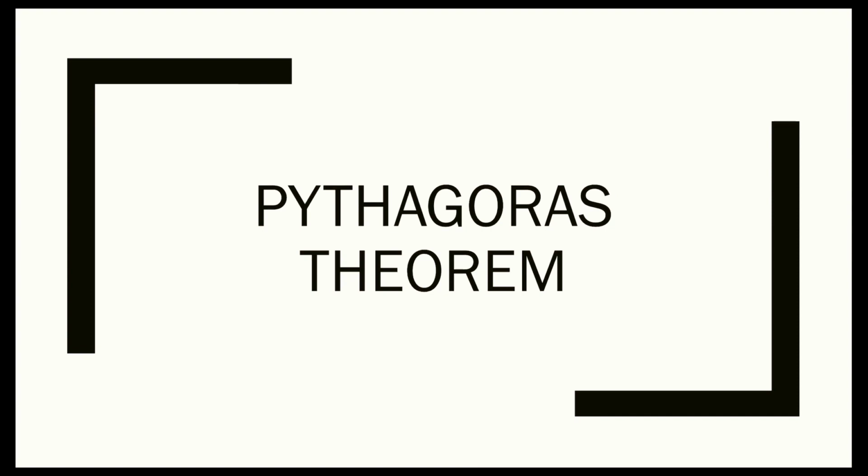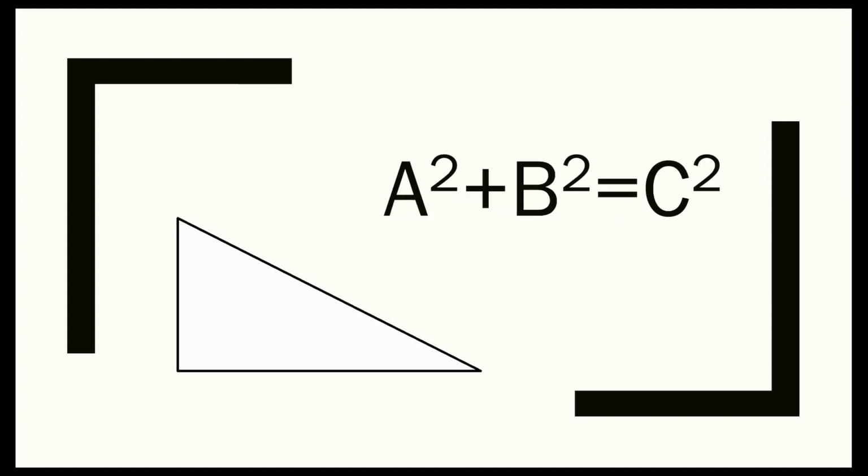Today we are going to be looking at Pythagoras' theorem, normally referred to as Pythagoras. We can use Pythagoras whenever we are given a right-angled triangle with two sides. The formula is a simple one to remember. a squared plus b squared equals c squared. Another way of saying this is our two smaller sides when squared and added together give us the longer side